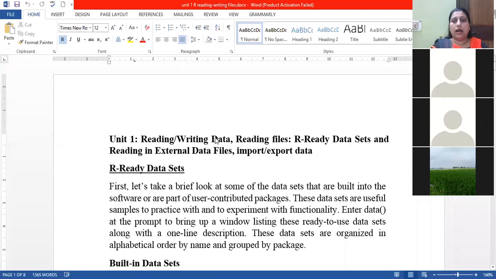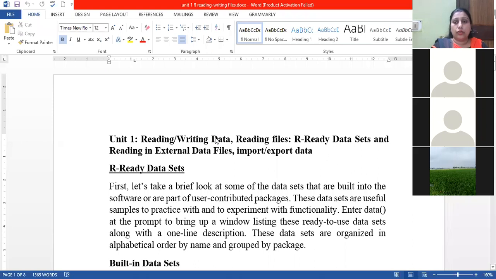Actually in R, there are so many databases that are available by default. That database is called the built-in databases. Apart from the built-in databases, there are some packages in which the relevant data sets are available. Suppose you are working with time series forecasting, so you have to import a time series package, and in that package there are some default databases. Like if you are working with decision tree, you have to install the relevant package for the decision tree, and some data sets are available by default.